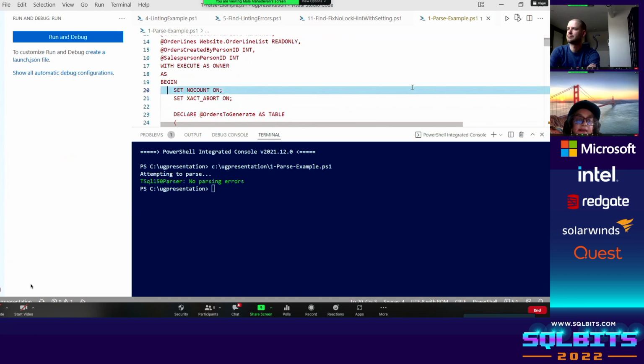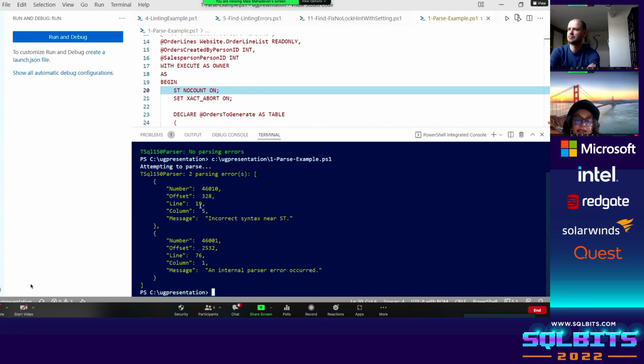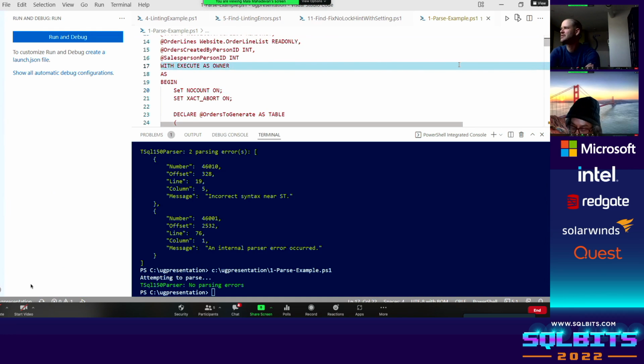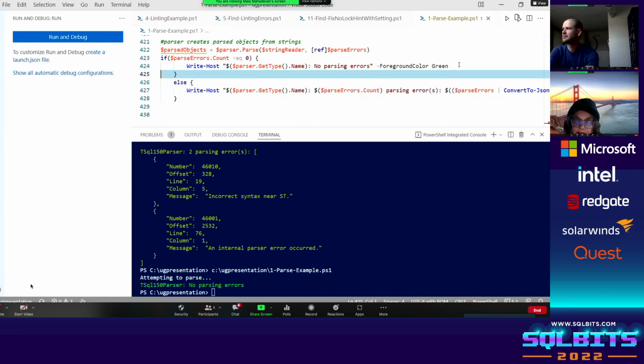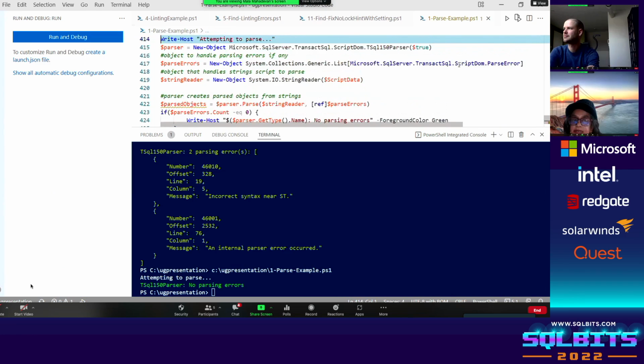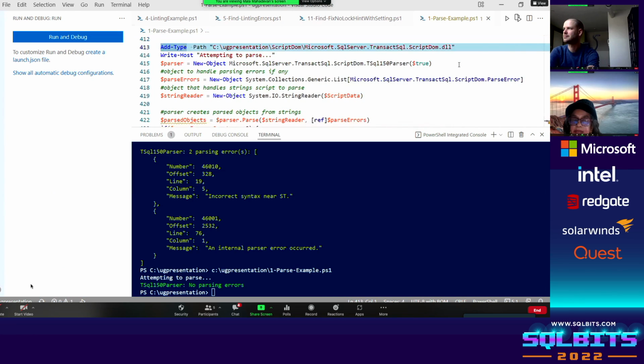Let's say I'm going to do, I missed an E there. So it's going to tell you right away that it doesn't like what it finds near the set. That's how it works. And I fix it, and run it, and it's all good. So it seems these are like the very same things you see in Management Studio. Yeah, it is. I'm not sure if they use ScriptDOM inside of Management Studio, but functionality wise, it's exactly